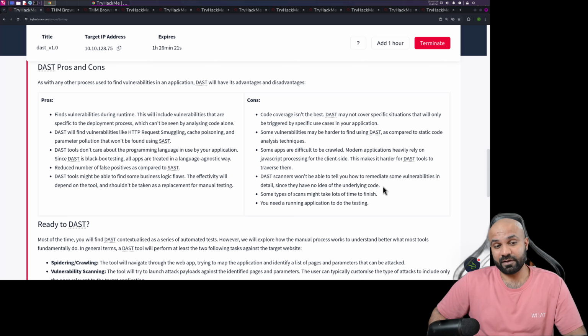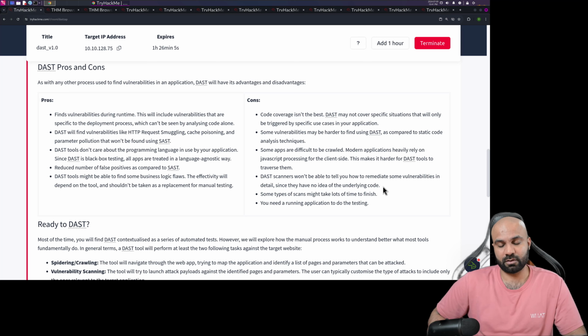Otherwise, if it is totally black box testing, then they will just point out generic remediation steps. But if your language or your environment needs a specific kind of remediation solution, then it is up to you how you are going to do it. So it's a two-edged sword, right? If the information disclosure is available, then it will give you remediation steps. If it is not available, then it will give you generic kind of stuff. So